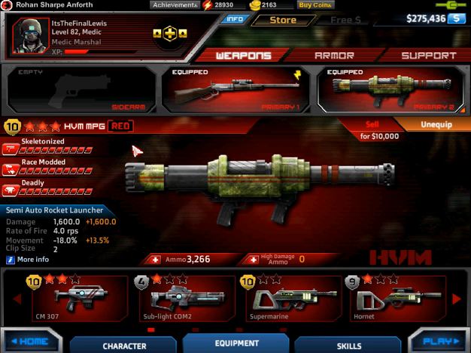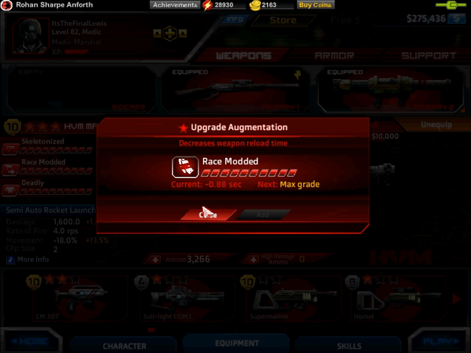This is an amazing gun. It only has 2 bullets in the clip, but what you do is pair that with race modded. That is pretty much your number one choice. You want race modded. That is the number one org. If it only had one org, I would get race modded on it most likely, just because another factor of mobbing